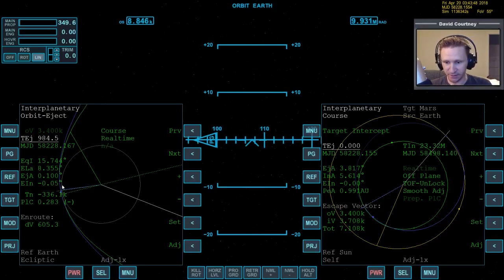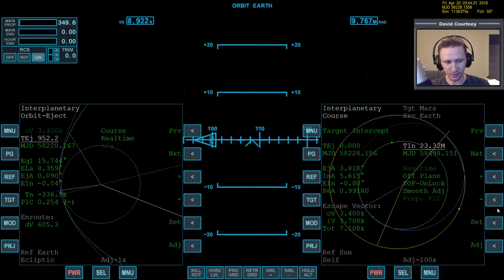Now I want to check the EIN, and the EIN is showing that it's negative 0.05. We can adjust the EIN by changing the arrival MJD on the interplanetary MFD on this side. So we're going to come over here to the TIN. We're going to go to a 10x adjustment because this is like your hyper or ultra setting. If we leave it set to 1, then it's going to be too small of a change. So we're going to go to 10, and we're just going to bump it forward or backward until the EIN is 0. Looks like, let's see, we can even go to 100. Okay, now it's down to negative 0.01. So let's go down to